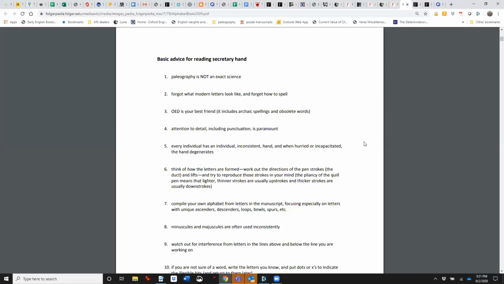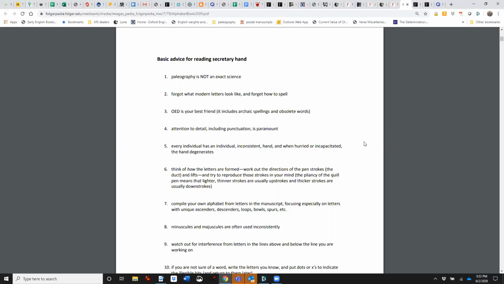And because many of these people were never intending to publish their works or whatever they're writing, there are ambiguities that you don't find in print. So things that are really unresolvable. There's no exact answer, or sometimes you just can't read something, or you read it and you're pretty sure that the person was trying to do one thing, but they're doing something else, and then you have to decide how you're going to interpret that.